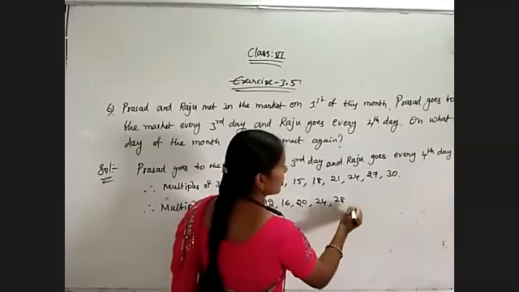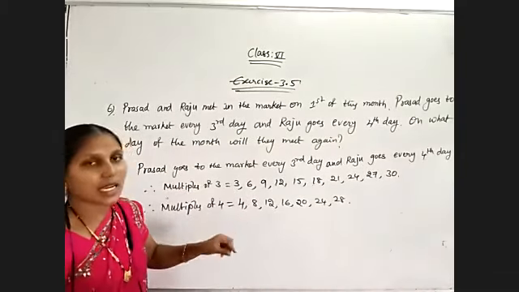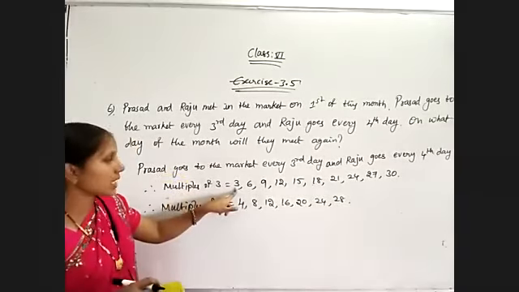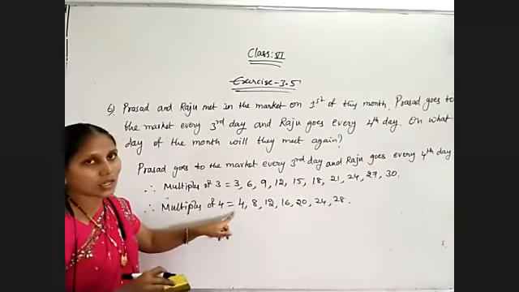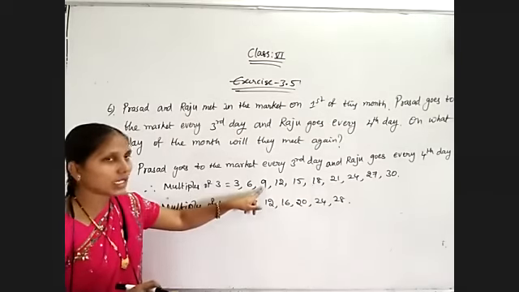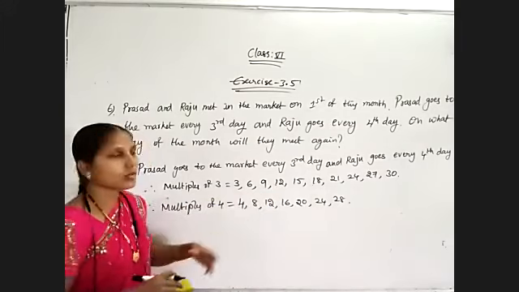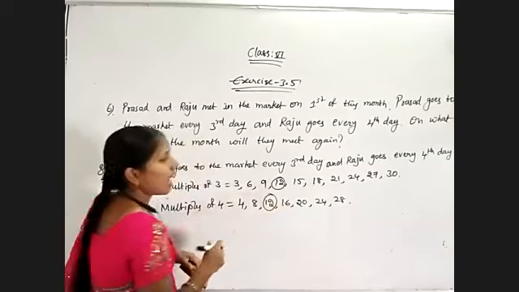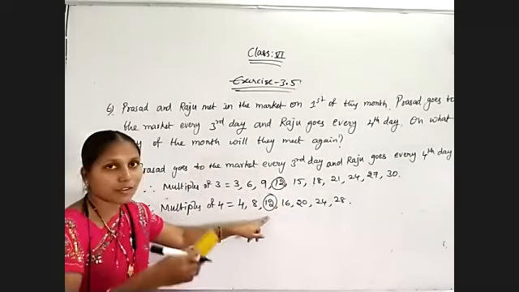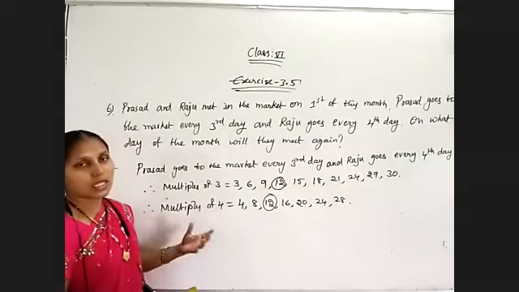So only this much. Now, on the first day they met in the market. Again, on which day are they meeting? On the third day, Prasad is going, but on the fourth day, Raju is going. On the sixth day, Prasad is going, Raju is not. On the ninth day, he is not going. On the 12th day, again they are meeting. So after 12 days, that means on the 13th day, because we got 12 here and they already met on the first day, after 12 days, that is on the 13th day, they'll meet together. They'll meet again.